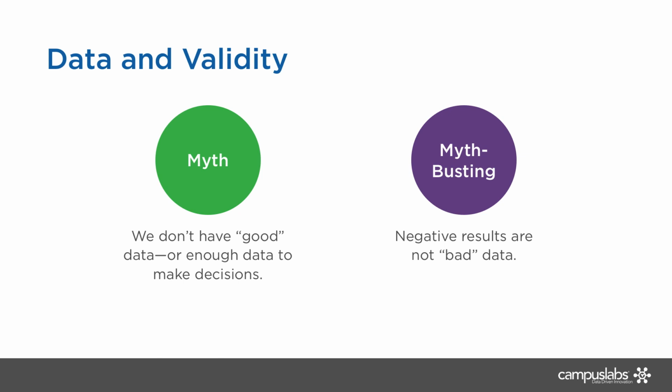And so either way, if you have one of those 2 things, you can do at least one of 2 things. You can make data-driven improvements based on the feedback that students or your population have given you, or you can tweak your instrument and make it a better measure of what you were trying to learn more about in the first place. And I think the last thing that I would leave in terms of myth busting around bad data is that